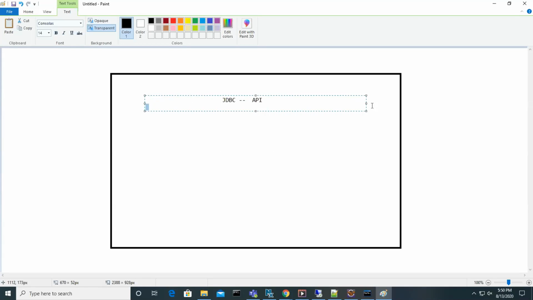Okay. JDBC is the API used to connect with the database to do all database operations. That API contains interfaces and classes. Let me show you where this API is available.